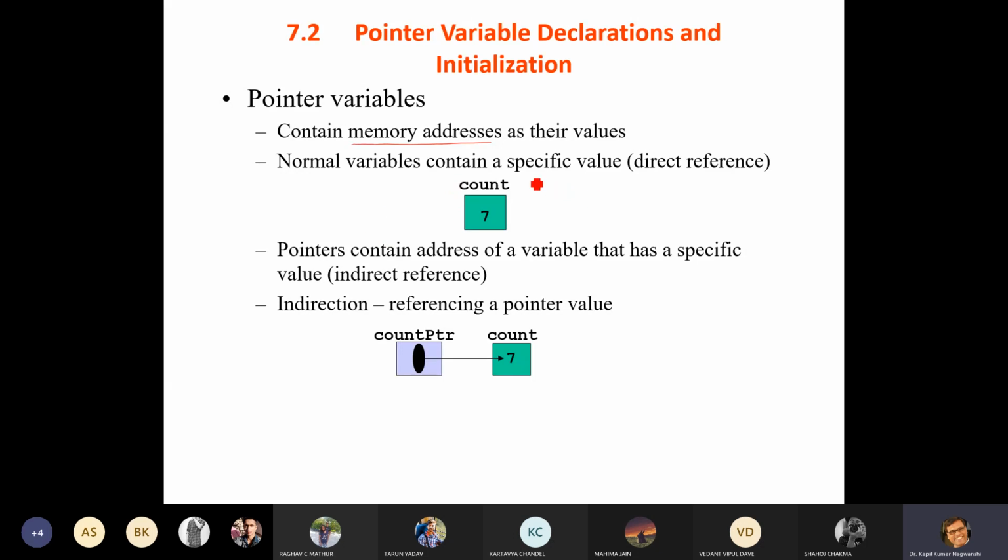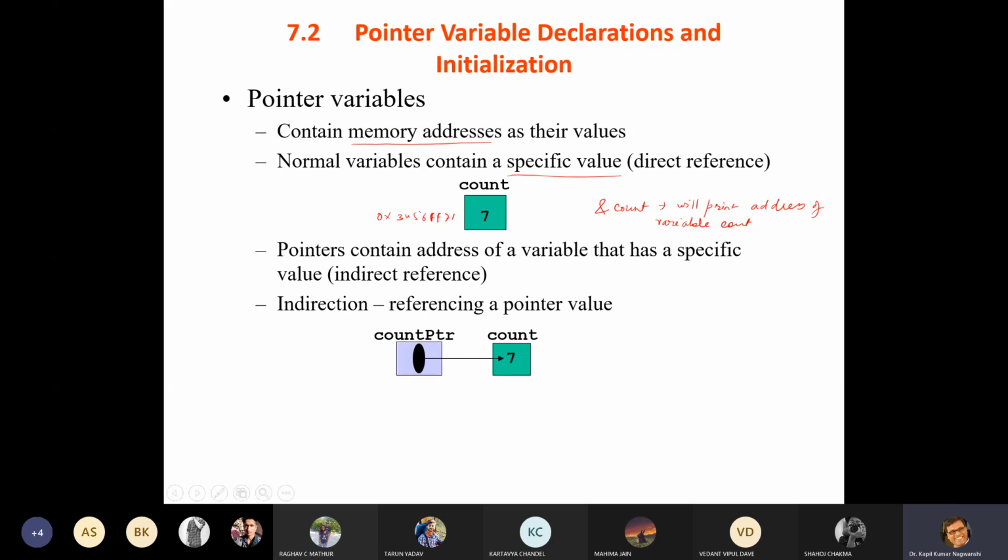A normal variable contains a specific value, like this is our count. Whenever we are using address of count, it will print the address of variable count. Okay. So there may be some address like 0x3456FF71.